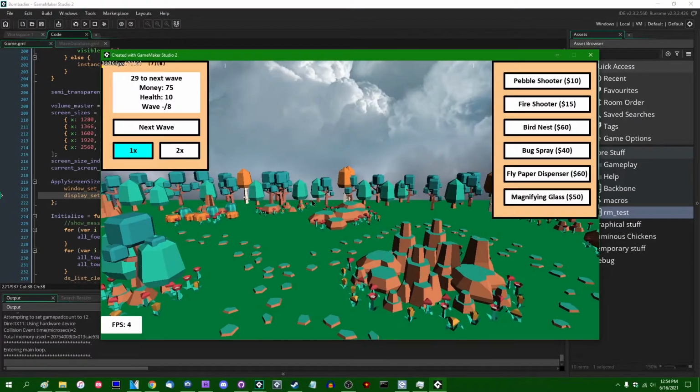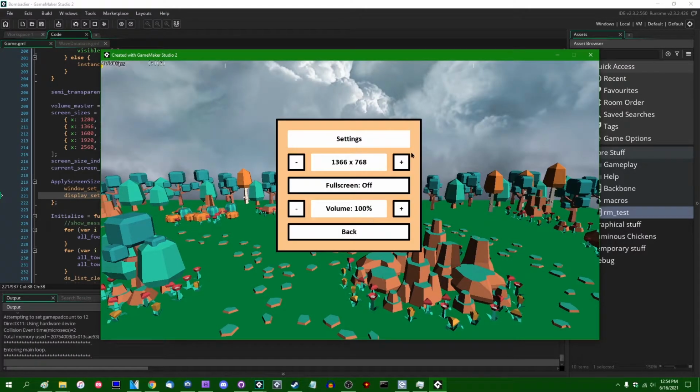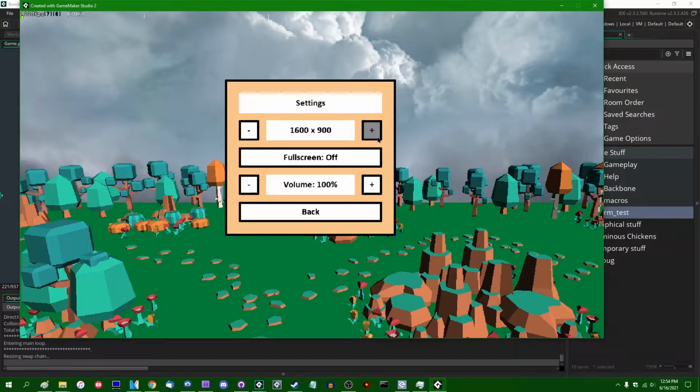So if I were to make the game window bigger, then at least now the UI elements on the screen are where they should be, and when I move the mouse over things, the buttons respond correctly to mouse over. But